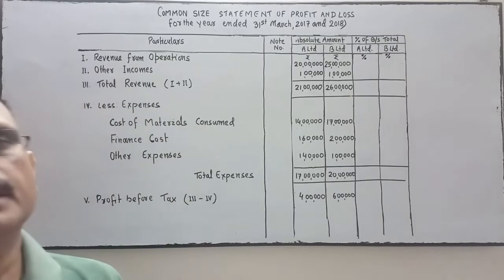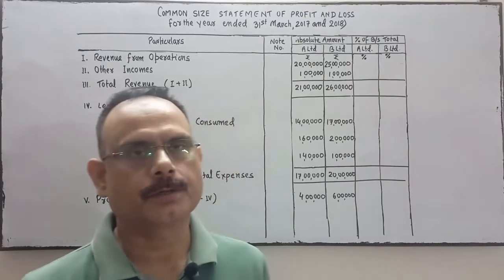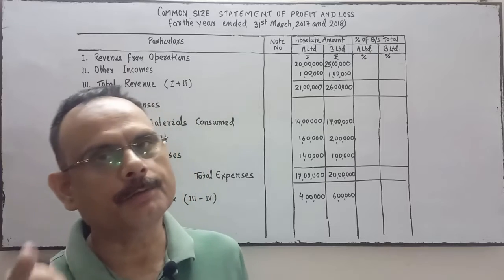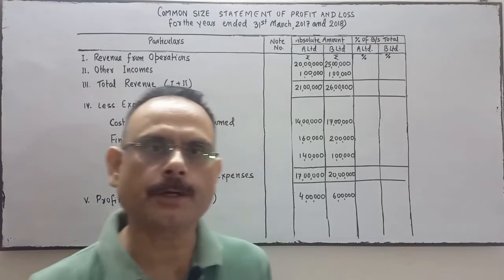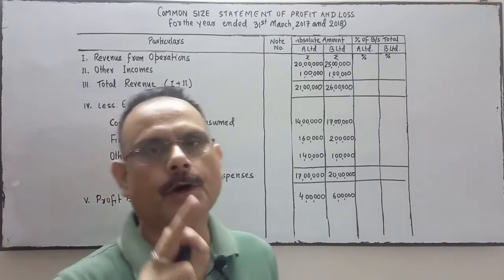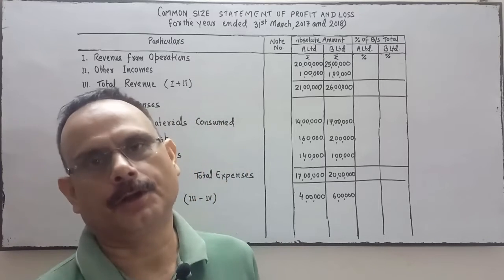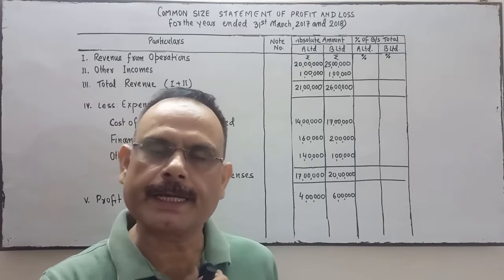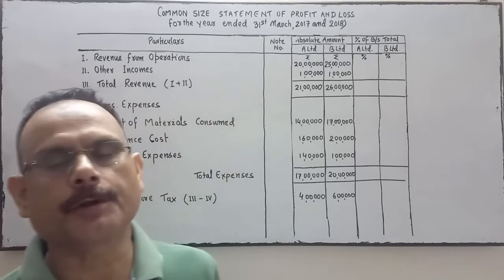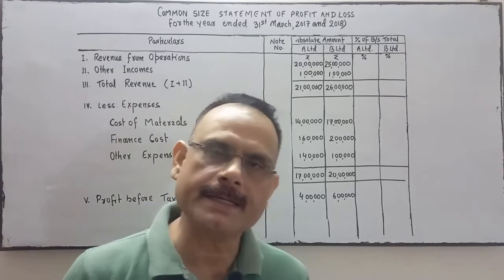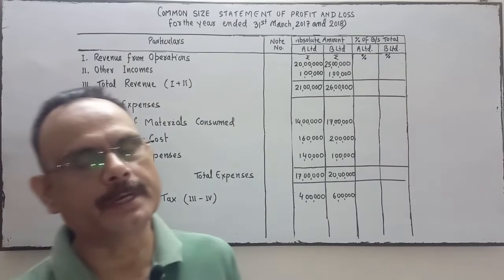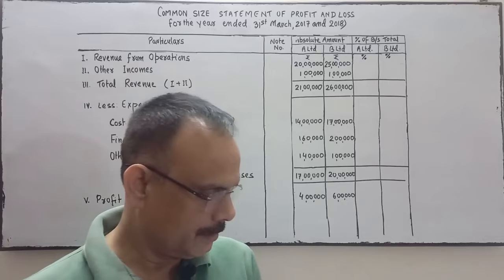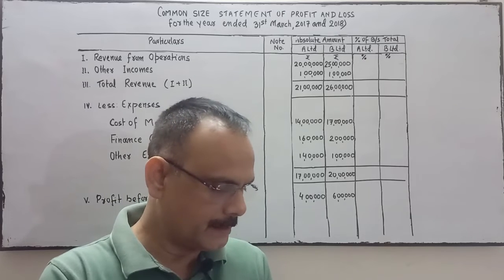Coming to the next question, common size statement of profit and loss. We will prepare the common size statement of profit and loss. Here the revenue from operation will be taken as 100, and accordingly we will calculate the percentage of each line item. So the question is,